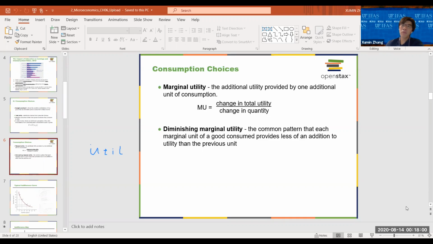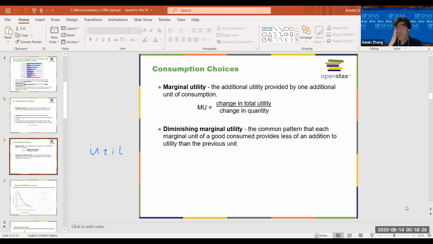If we eat the second one, it might still be okay. The total utility increases, but the second hamburger gives us less utility. But imagine if we eat 10 hamburgers, then the 10th hamburger gives us very low, even 0 utility,